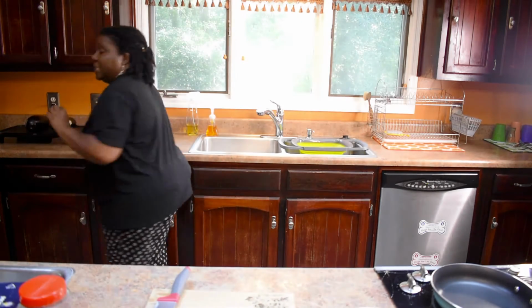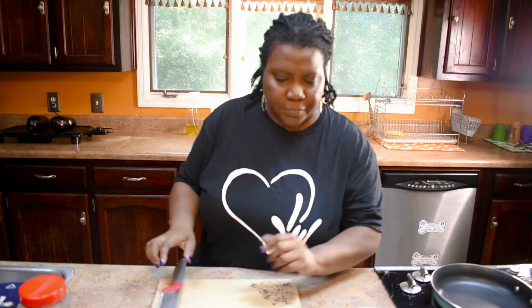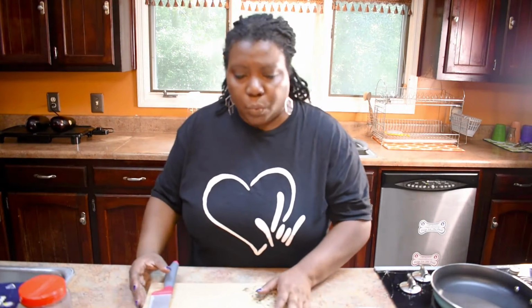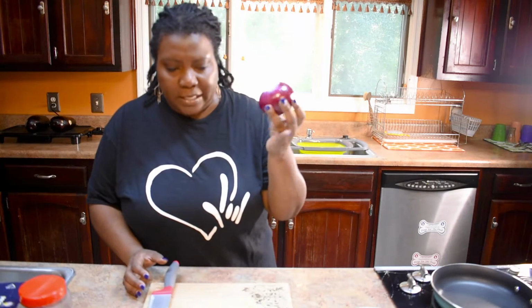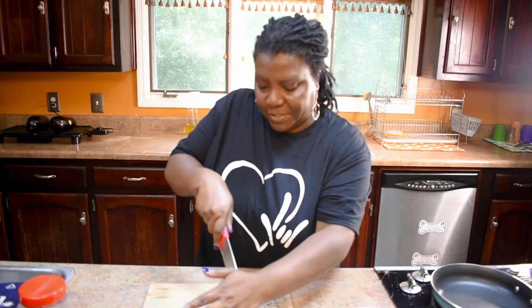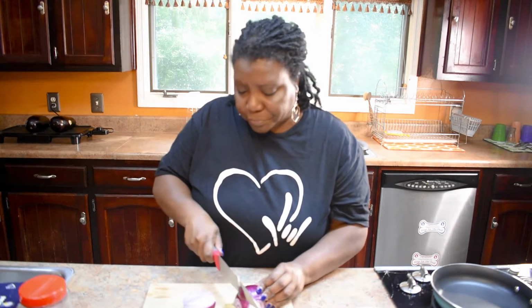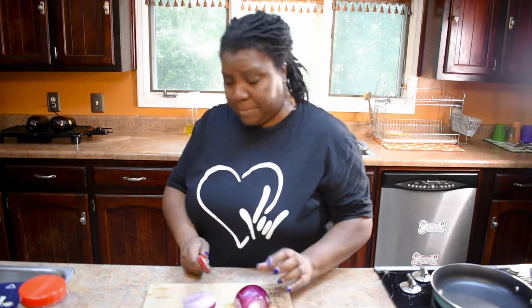And I'm going to continue and start cutting up my vegetables while that's cooking. So, we have onion here. I'm going to go ahead and chop this onion. It is a purple onion, you guys, a large purple onion. Now, those eggplants there,